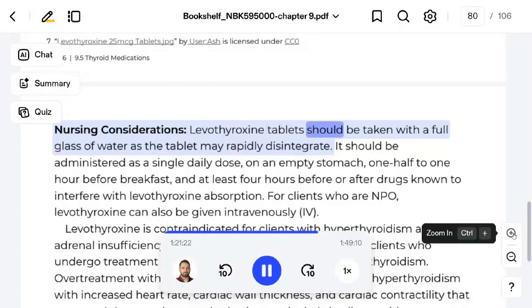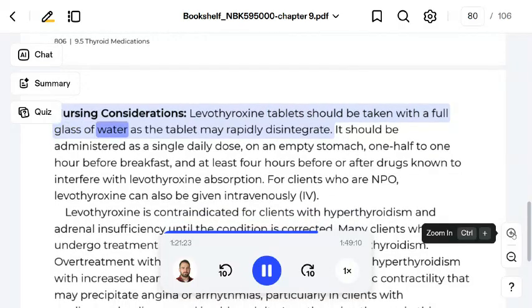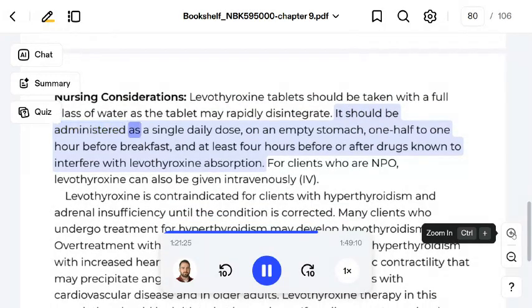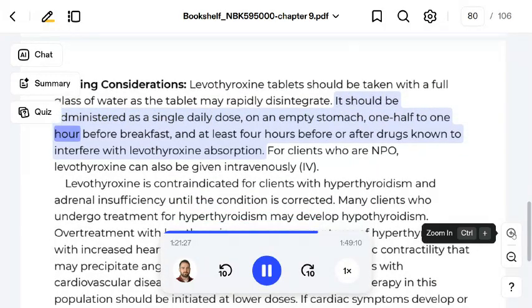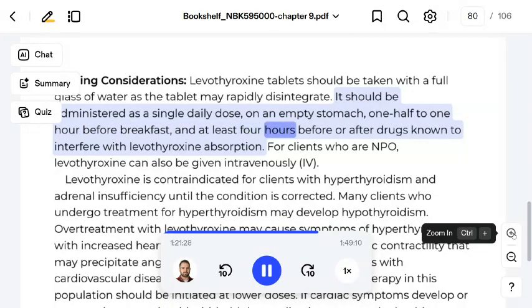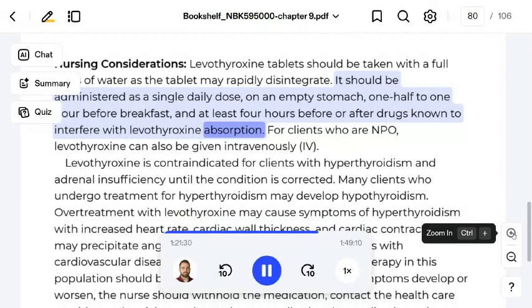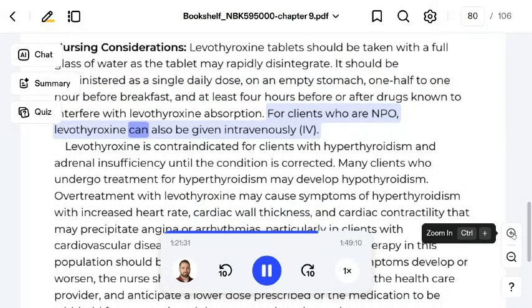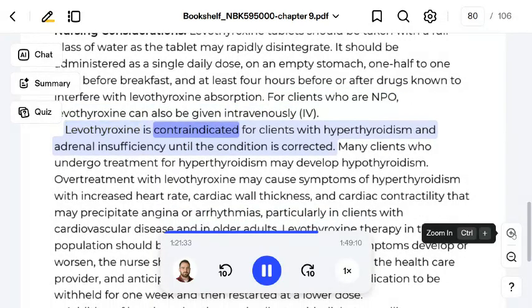Nursing considerations. Levothyroxine tablets should be taken with a full glass of water, as the tablet may rapidly disintegrate. It should be administered as a single daily dose, on an empty stomach, 1/2 to 1 hour before breakfast, and at least 4 hours before or after drugs known to interfere with levothyroxine absorption. For clients who are NPO, levothyroxine can also be given intravenously. Levothyroxine is contraindicated for clients with